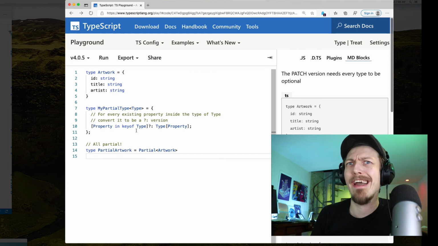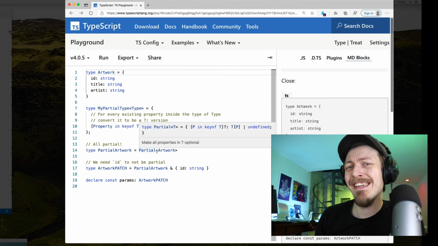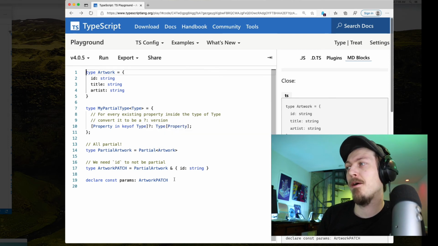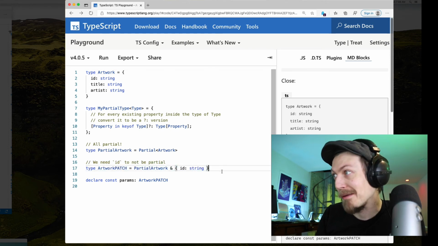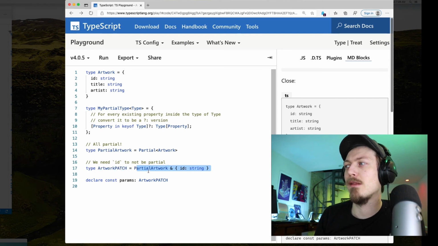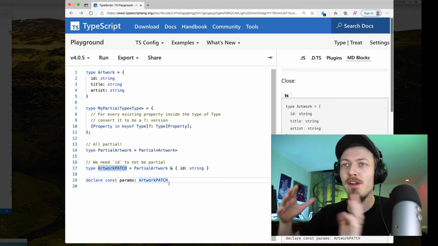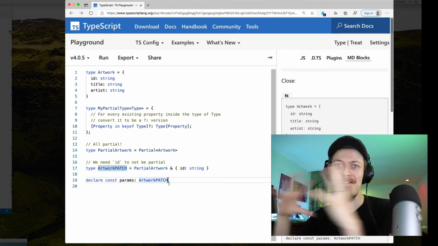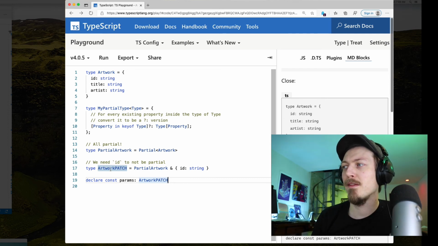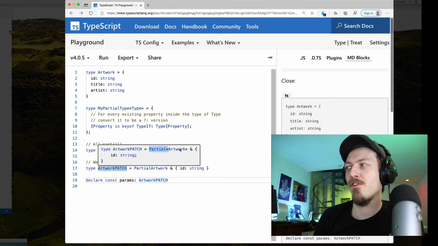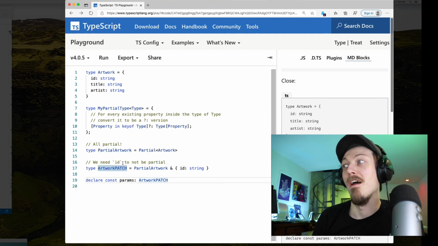And this isn't actually accurate, so we do need to use another thing. ID is always going to be there. It has to be there, otherwise it doesn't know what object to update. So now it uses an intersection type and merges these two types together. If a union is an or, then the and is a jam them together. And so this artwork version now is a partial version of the original artwork, so everything is optional. We saw that earlier. And it's a merged version of ID.